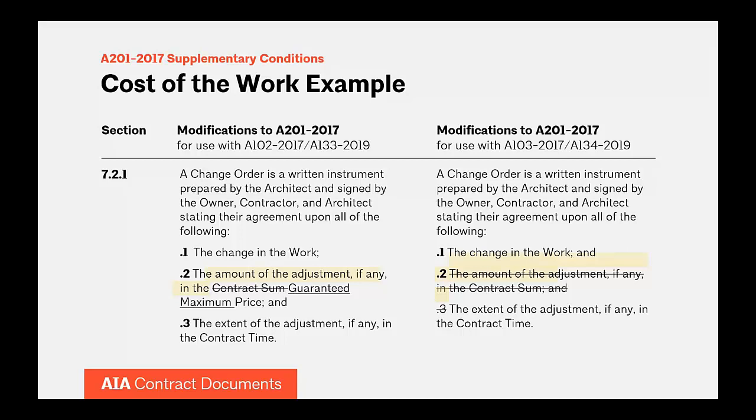For projects without a cost cap, though, we don't need a change order because the contractor simply is going to be paid for whatever costs are incurred. Consequently, we can delete the language at the point 2 item in the right column, also in the yellow highlight. However, we still should write that change order in order to document the scope change as well as any adjustments